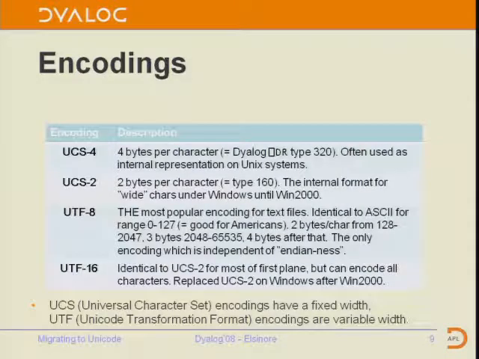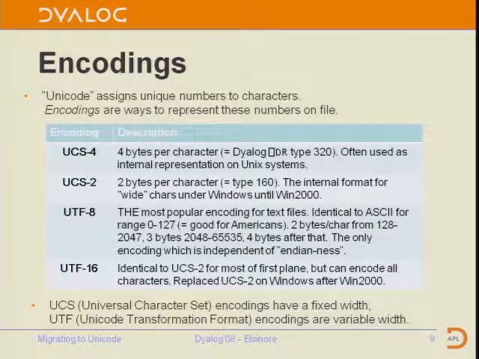Okay, so we mentioned encodings. There's a unique number, but there are many different encodings, and those encodings have varied over time. Here are 4 of the most common ones. The encodings have 2 types of names. Either they begin with UCS and are followed by a digit, which means they're a fixed width encoding. So UCS4 means Unicode represented using 4 bytes per character.